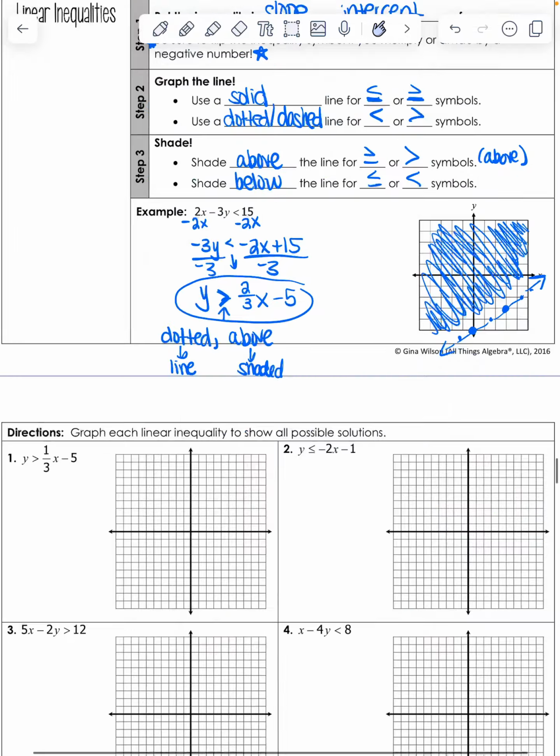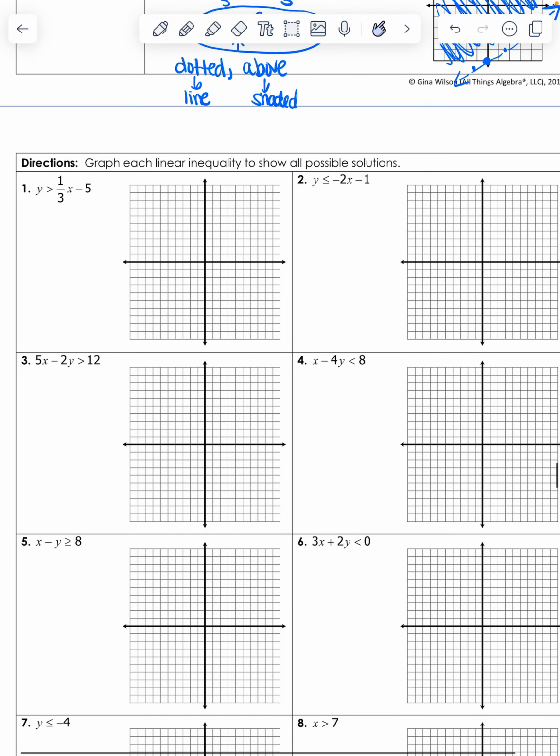So doing a couple more problems to make sure that we're good. Number 1 is great because it's already ready to go, ready for us to graph. So we're going to start this at -5. So 1, 2, 3, 4, 5. And this has a slope of 1/3, so up 1 over 3. And we can kind of stop there if we want, or if we want to continue on with the pattern